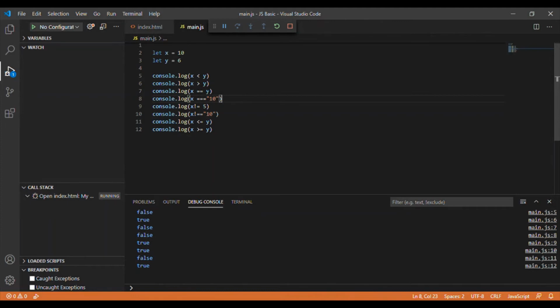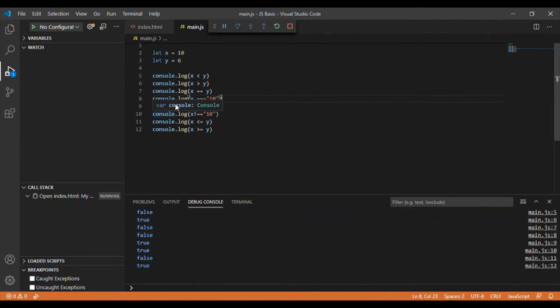If x is greater than y, yes, that's true. x is equal to y, no, that is false. Now x strictly equal to the string 10, no, it is not, because our x is the number 10, but not the string type of number, so it should be false.